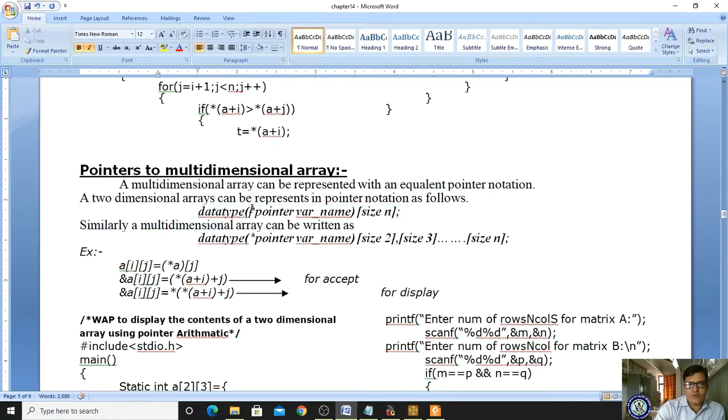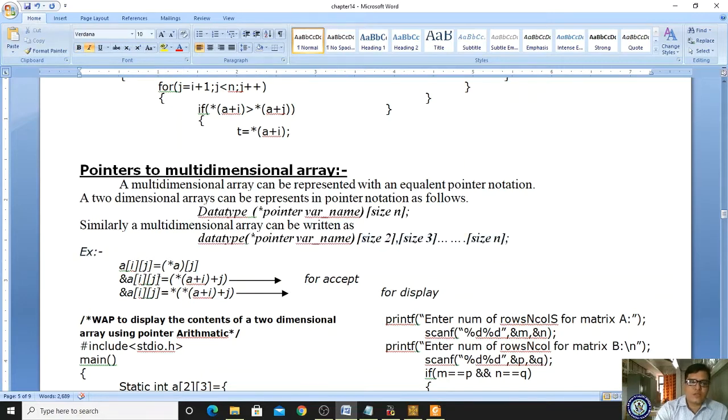Data type, star, pointer variable, followed by one subscript. If you want to represent a multi-dimensional array, it is data type, star, pointer variable name, followed by n square brackets.